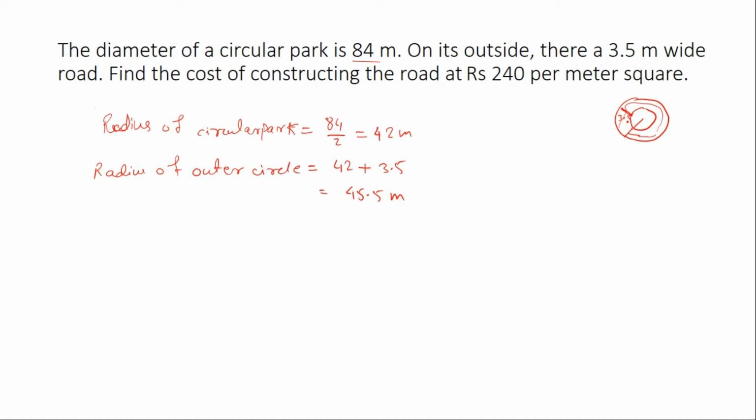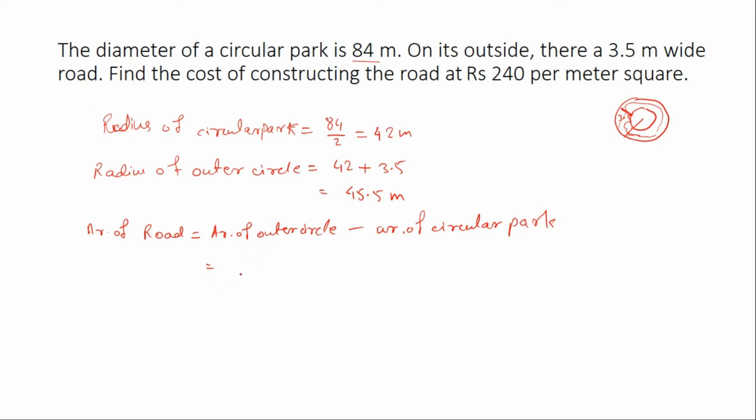So area of this road will be area of outer circle minus area of this circular part. So we can write, area of road is equal to area of outer circle minus area of circular part. That means